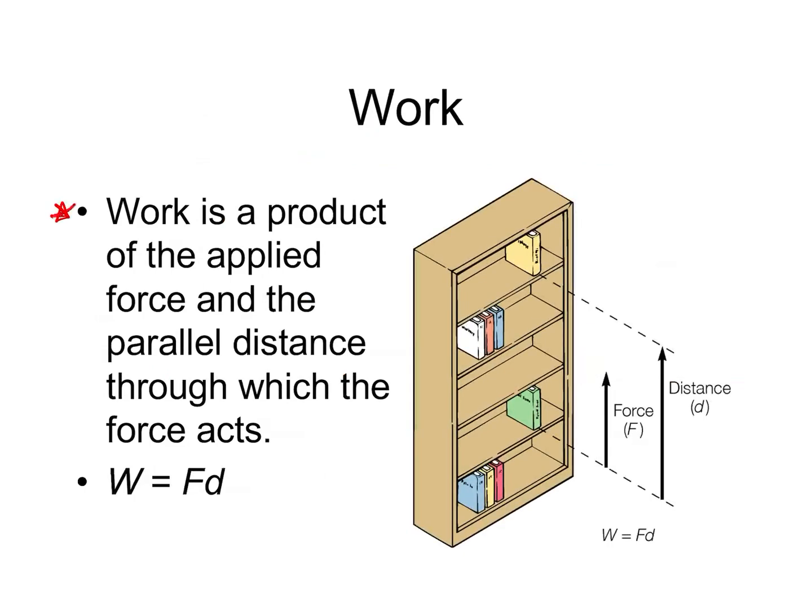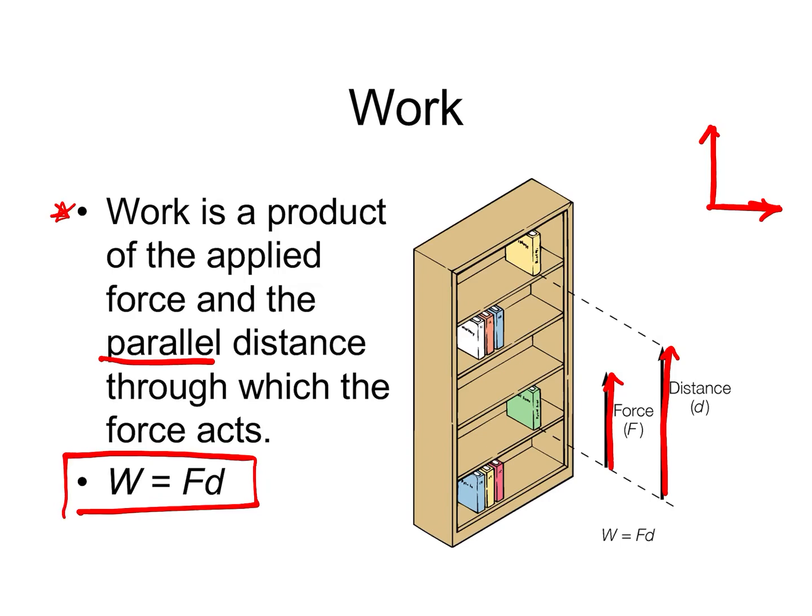All right, so first we've got the definition of work, which is just the applied force through a certain distance, and it has to be a parallel distance. So if you look here, you can see this force and this distance, they're parallel to each other. If you were to do a force and a distance like this, there would be no work involved. Okay, so kind of keep that parallel word in mind. And then work is equal to force times distance. So this is your first equation.